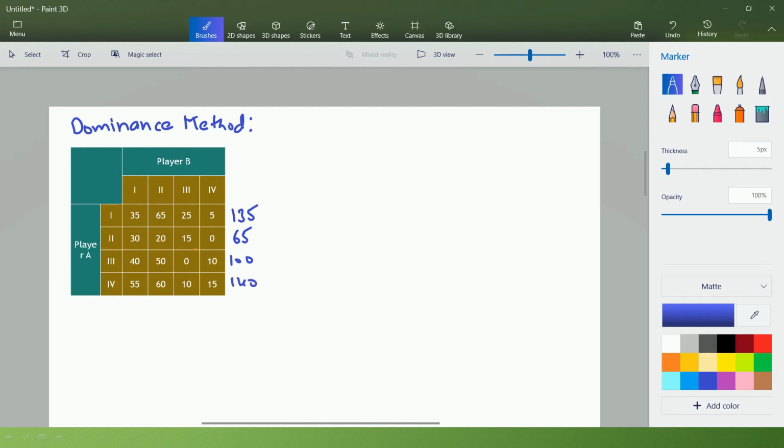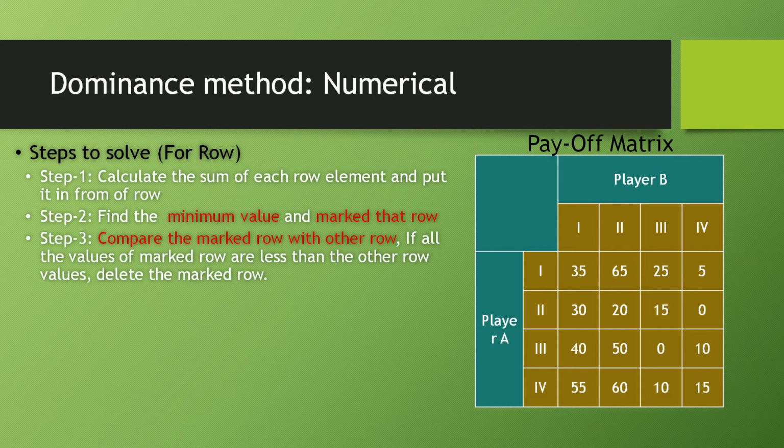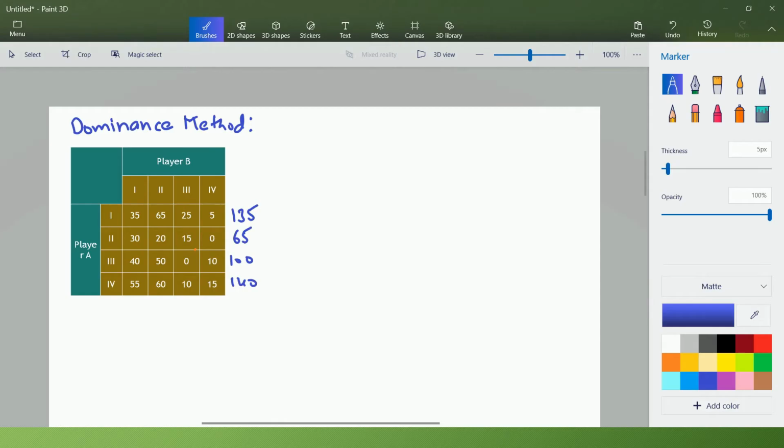After finding the sums, step 2 is to find the minimum value and mark that row. The minimum of these 4 values is 65. So we have marked this row.